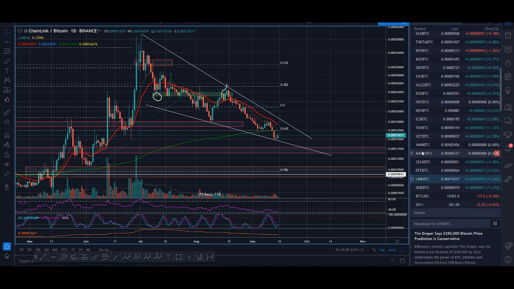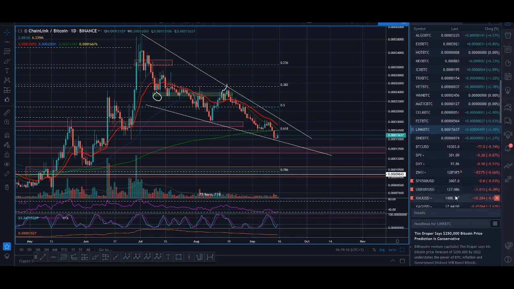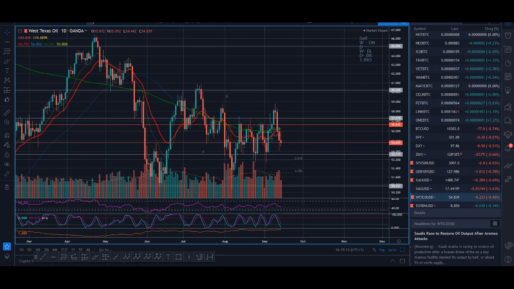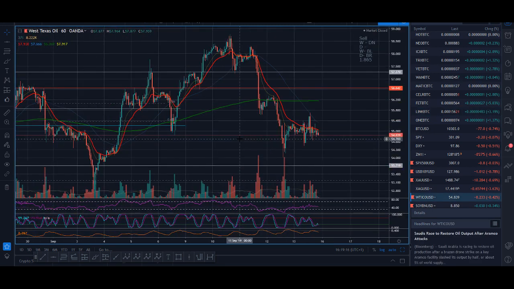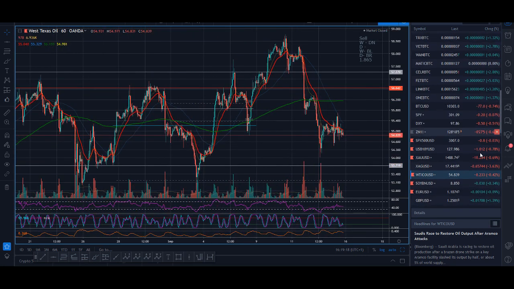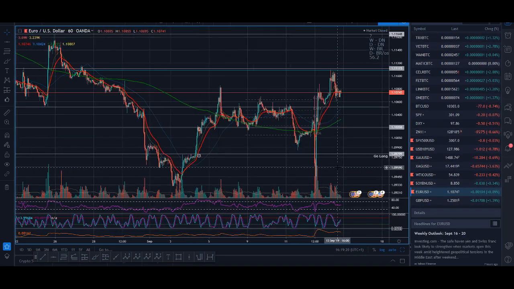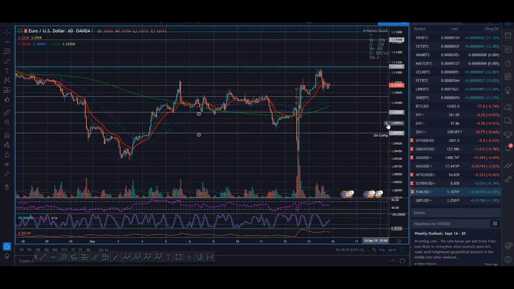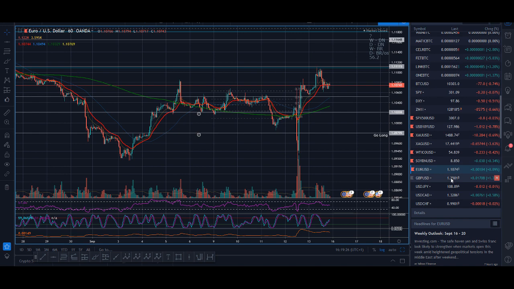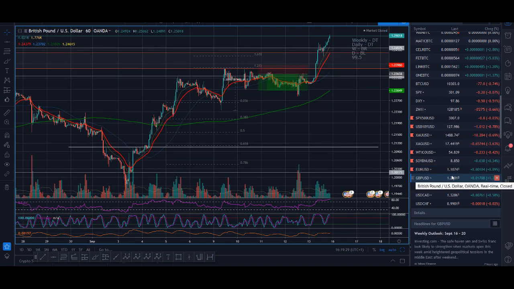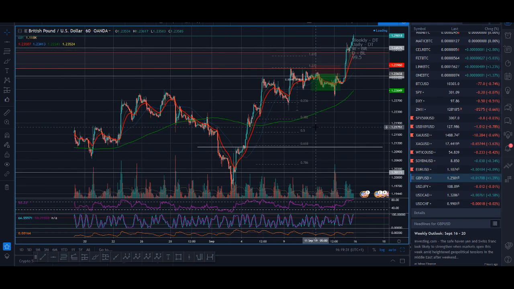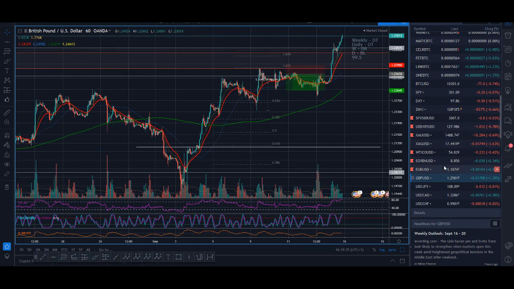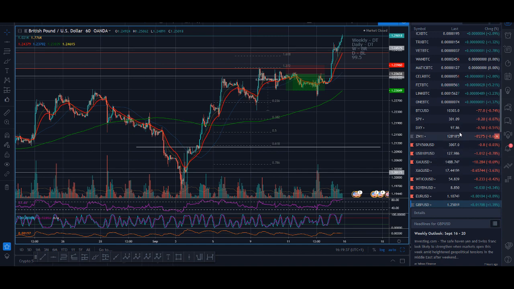Oil is one that I love trading. It works really well with my strategy and it trends really well, so oil is something that I trade a lot. Euro dollar as well, that trends quite well and it's sometimes spiky. Aussie New Zealand is a Forex pair that I like. Pound dollar, I don't do very well on this one, because looking at my analysis and data, it's not a Forex pair that I do that well on.